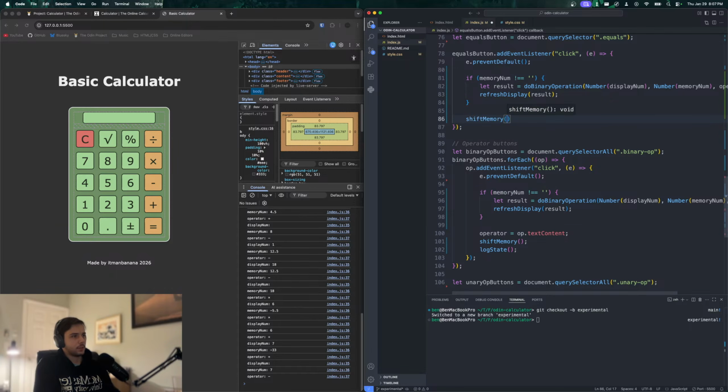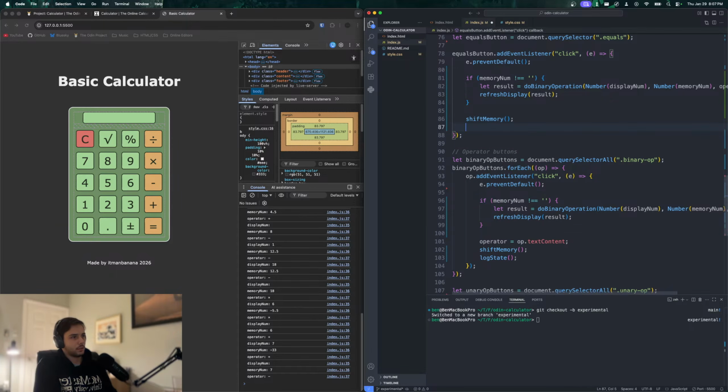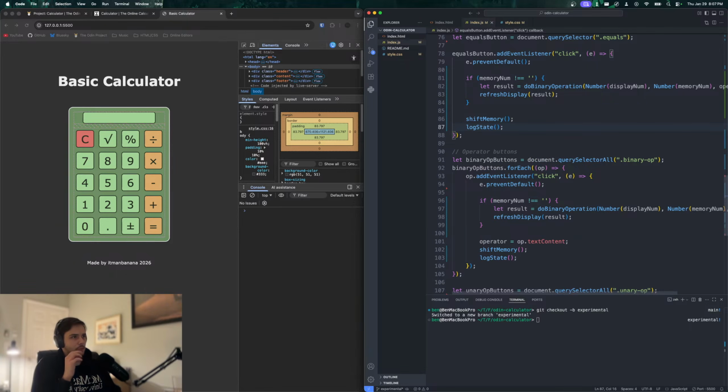This is pretty much exactly the same as the operator, except we don't update the text content of the operator. So we could abstract this logic into its own function, but I think for now I'm just going to leave